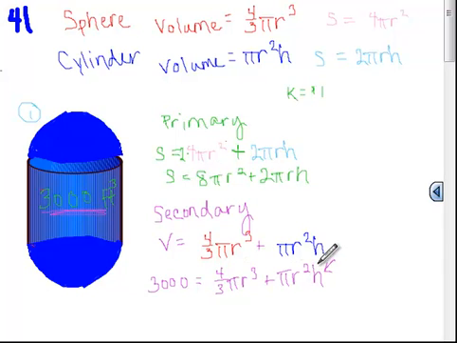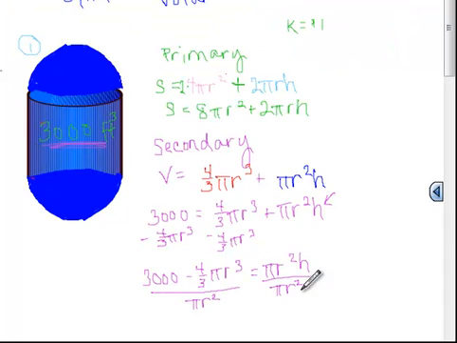So the first thing I'm going to do is, this is all a chunk, so I'm going to get rid of this chunk by literally subtracting it off. Here I'm just going to be taking this whole factor, this whole grouping, and dividing it from both sides so I get h by itself. So in the end I'm going to get,